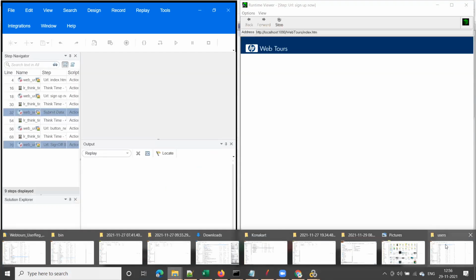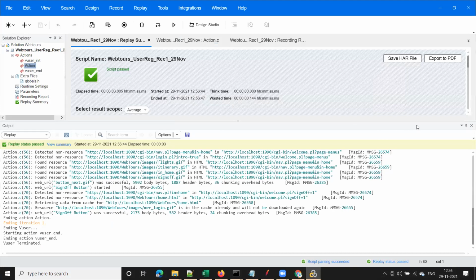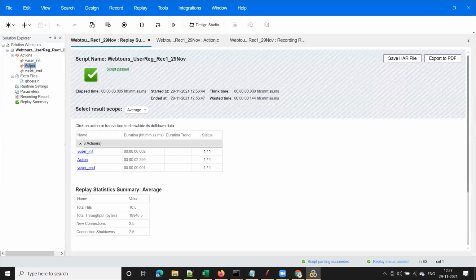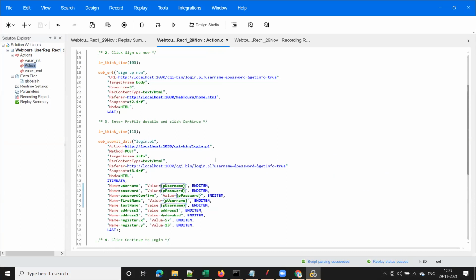And let us keep an eye on this. See here, now the Web2 user file registration is completed at 12:56. Observe the time here, isn't it? So yes, we have automated this user registration, right? As simple as that. Your first script is completed, guys. So we have automated this user registration, and now the script is doing your job.